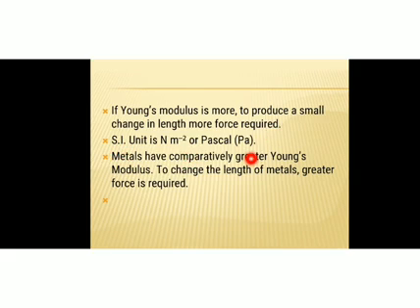The SI unit of Young's modulus is Newton per meter square, or Pascal. Why? Because Young's modulus is longitudinal stress by longitudinal strain. For longitudinal stress, the unit is Newton per meter square or Pascal. For longitudinal strain, there is no unit; it is dimensionless. So the unit of Young's modulus is the same as that of stress, that is, Newton per meter square or